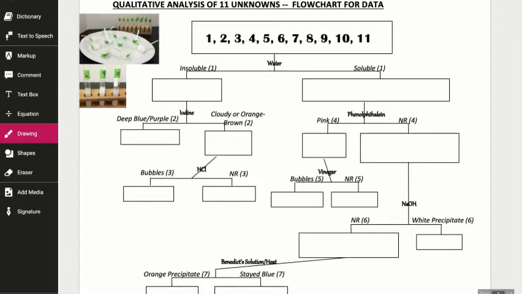Now, the first test, hopefully by now you've read the directions and you understand that you're testing the samples and their solubility. You want to see if they can dissolve in water or not. So we've got the results here, or at least I've got a picture of the results,